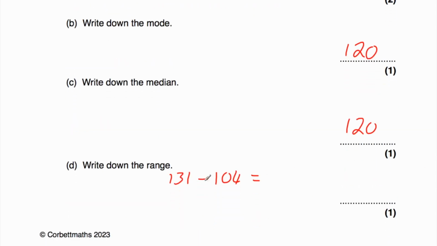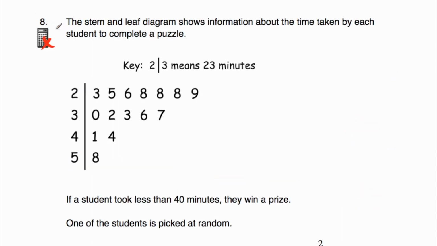And when we do that, 131 take away 104 will be 27. So the range is 27. So question number 8. Question number 8 says we've got a stem and leaf diagram that shows information about the